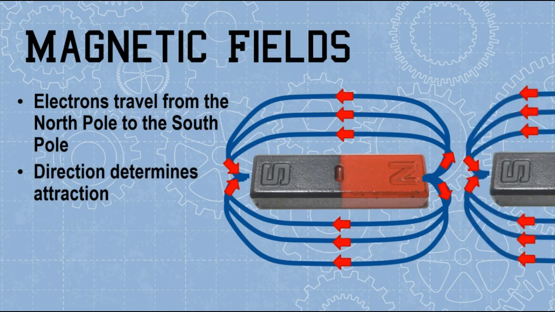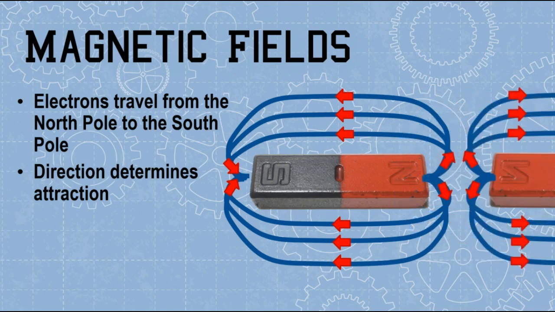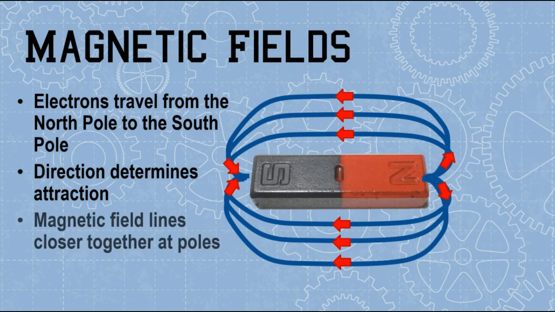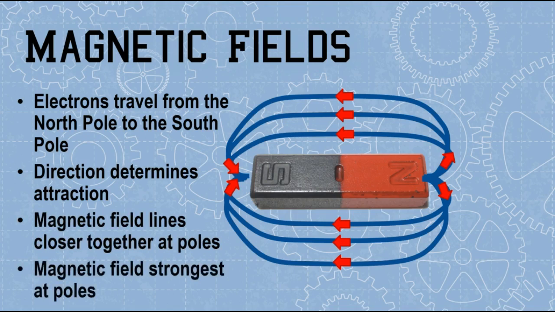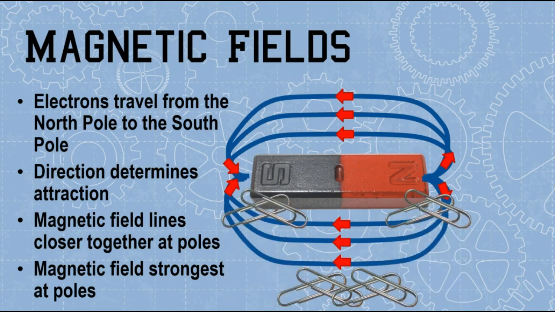When the magnets connect, notice how the magnetic fields align. When the two magnets connect, they make one large magnet, similar to how cutting a magnet in half makes a smaller magnet. The magnetic field lines are closer together at the poles, so the magnetic field is strongest at the poles. This is why, when I try to attract these paper clips, they're going to stick to the edges, the poles